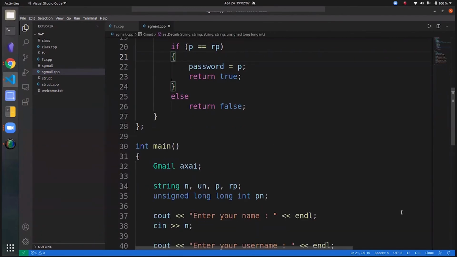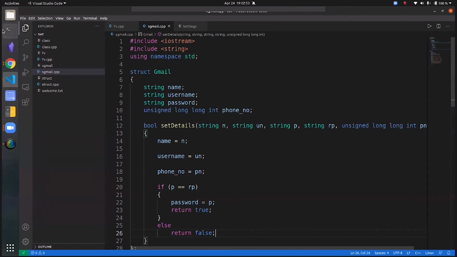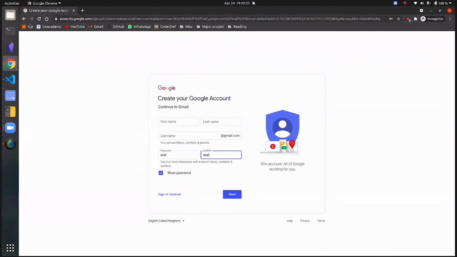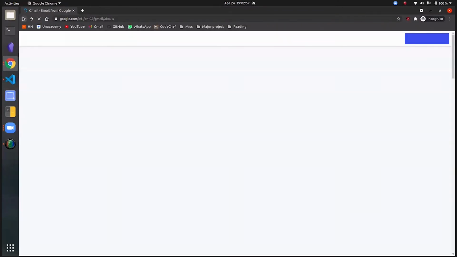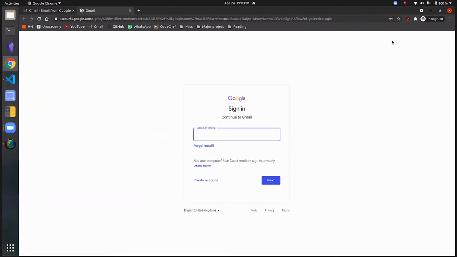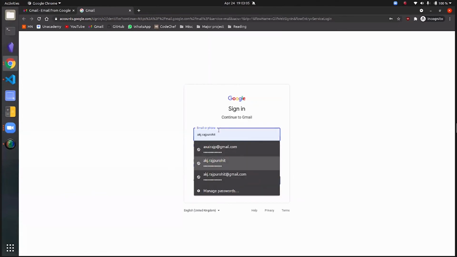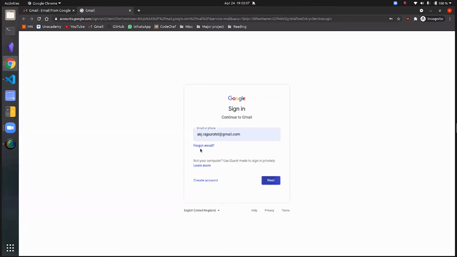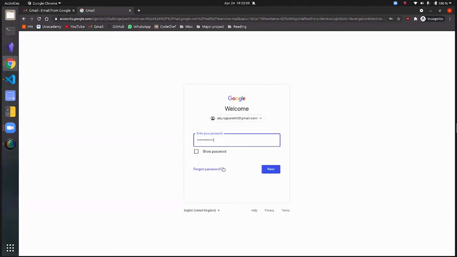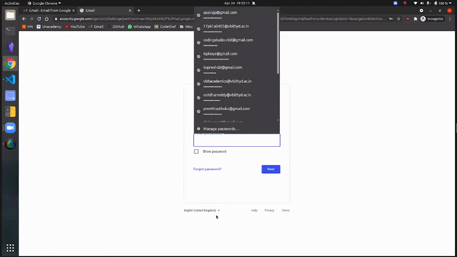One of the most common things that most of us do is we keep on forgetting our password, right? So let's say I have my email here, but I don't remember the password. So I click on forget password.